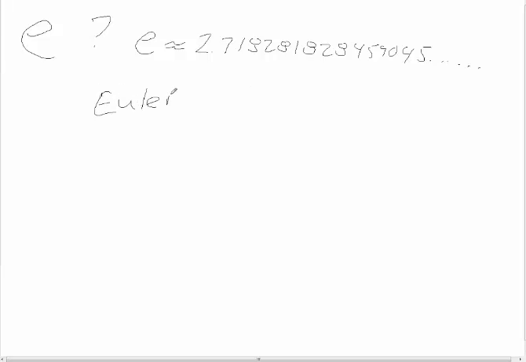And it's called Euler's number. It's pronounced Euler. Euler is a mathematician who did lots of fun and amazing stuff. For what it's worth, e,